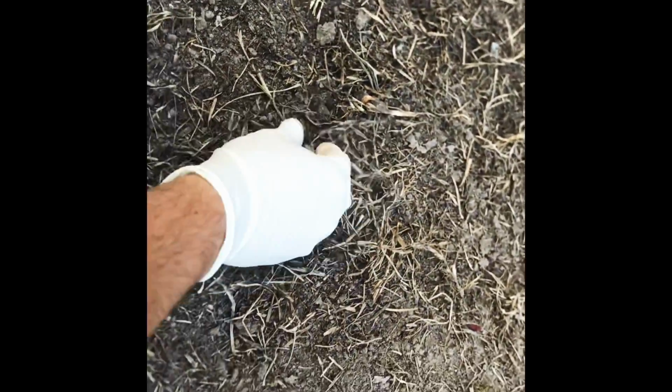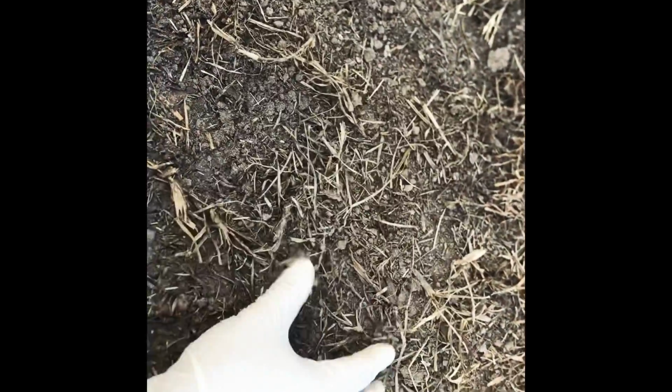Look at this. This was complete grass before. All this right here was complete grass, and now it's just dead grass and dirt. Lots of dirt. See all that? So I'm going to spray one more round of glyphosate,